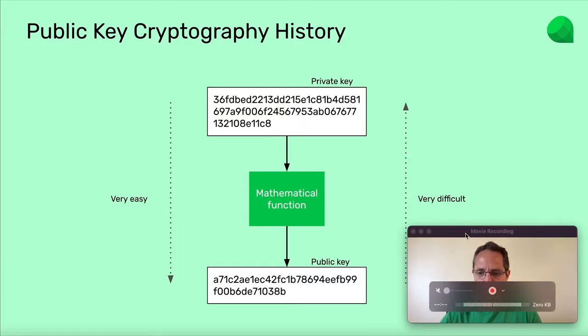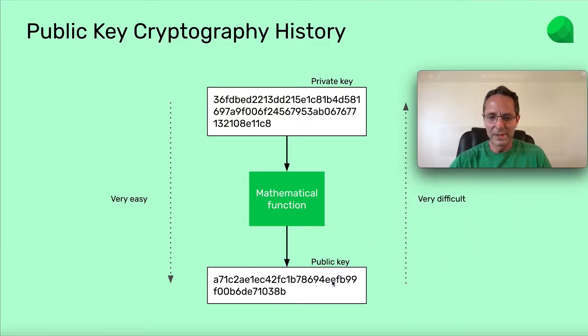But if an attacker or a criminal or anybody else wanted to guess the private key by knowing the public key, it's practically impossible to go in reverse. Even if you had all the computers of the world, it would take thousands of years to guess the private key. So this combination of a secret number and a public number became critical and very useful for what is